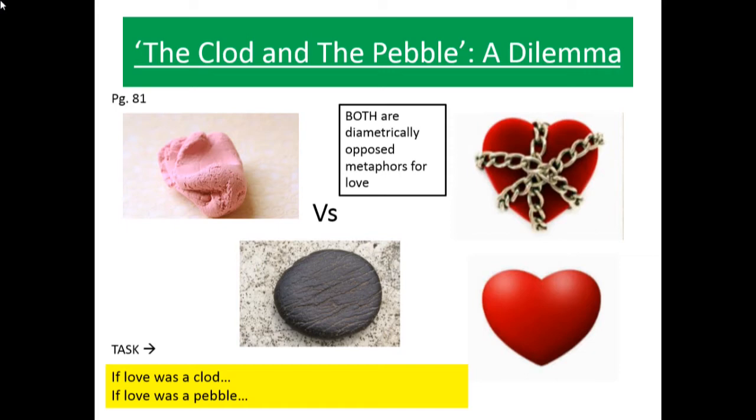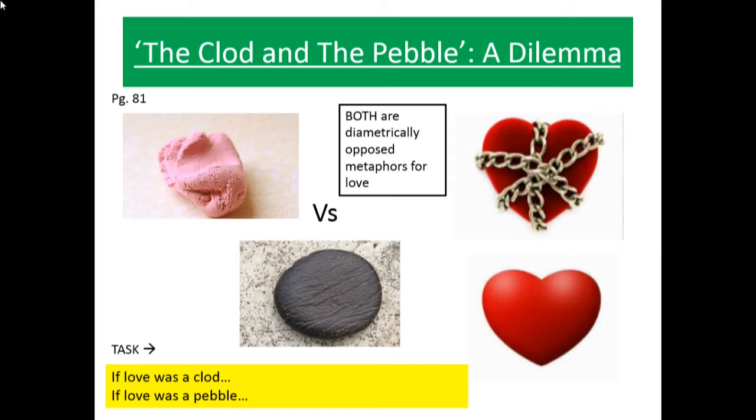But I want you to have a go. At the bottom there's a quick task. It will take you 2 minutes if that. I've asked you, if love was a clod, what would it be like? Okay, what sort of thing would your love be like if it was like a clod? And I said things like it can be manipulated, malleable, move, free. Okay, what would love be like if it was that pebble, that hard, sort of immovable sort of pebble in that moment? Okay, so have a quick go. If you know what I'm talking about this morning, good for you. This is quite tricky, but have a pause and see if you can finish those two sentences for me.